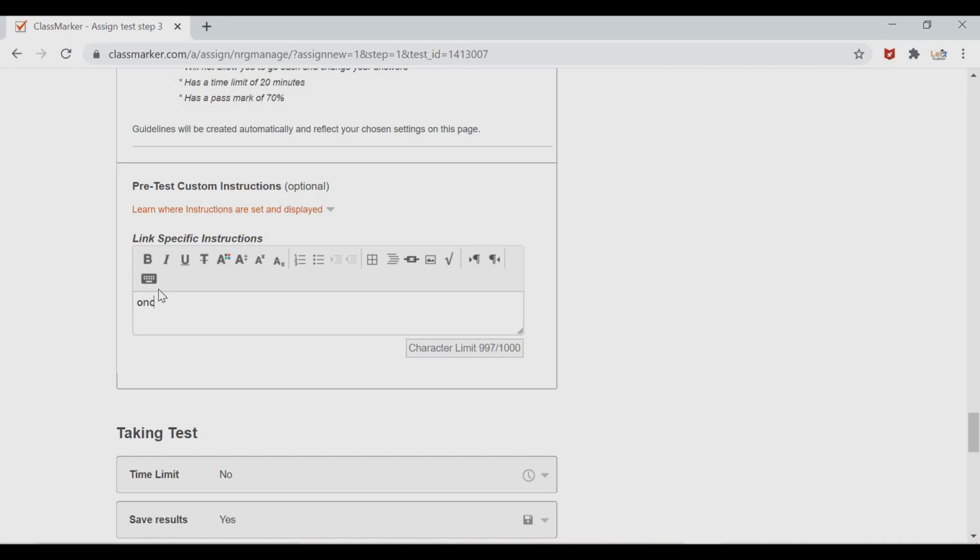So you have to mention that once you complete the test, you should send a screenshot of your scorecard